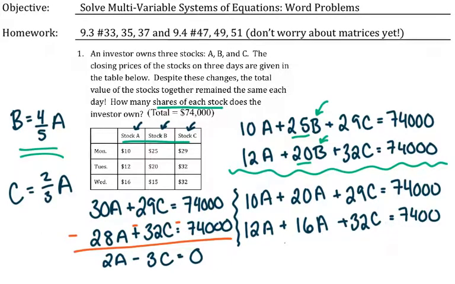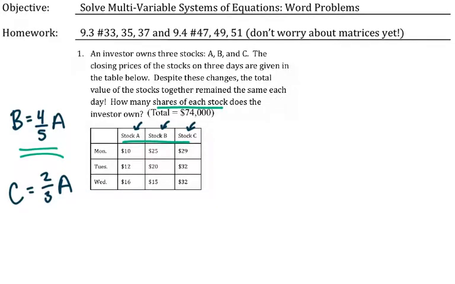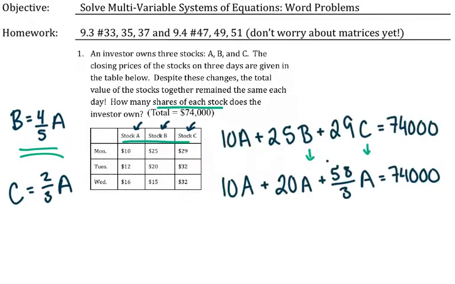I'm going to make myself some more space. You all don't need to erase. So now that we have these two nice substitutions for b and c in terms of a, I'm just going to take one of our original functions and substitute them in. So now we have a lovely equation all in terms of a, which we can add these three terms together,